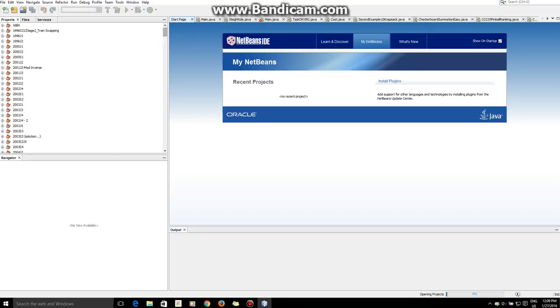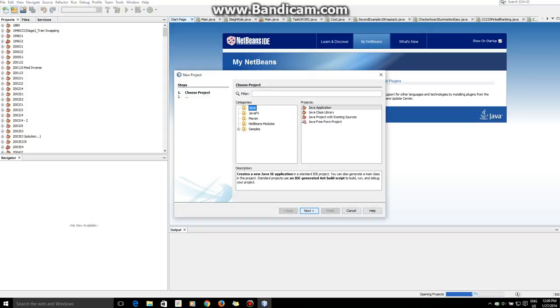Alright, so it's decently loaded here. It's still going to take a while, but we can start working on that program. So to understand the main method, first we're going to open up a new project. So go under, see this yellowish square with a green plus sign? Click on that, and click Next,